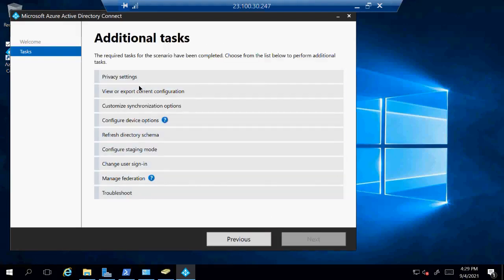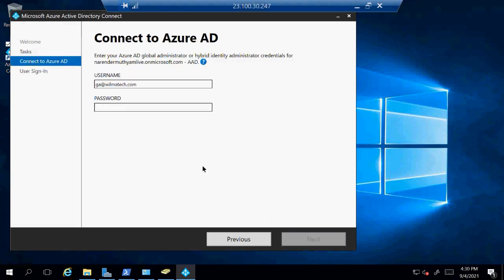And here you need to choose customize synchronization options and change user sign-in. These are the two areas we will set it up. So here, change user sign-in. For example, click on that and say next. And here, who are you to open this? I'll say I'm the one, right? So this is how I get authenticated and get inside the tool, and now I can modify